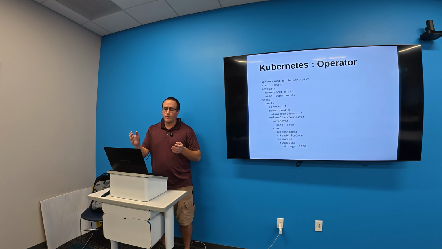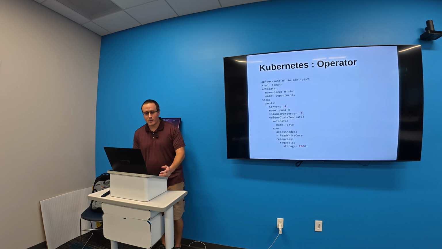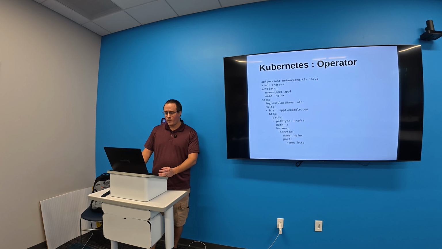Here they defined this thing they call a tenant. A tenant would be for some department or a company, where we say, hey, we want them to have a whole bunch of storage. They have this much space, this many things. There's all kinds of stuff you can do with these. One of the built-in ones that doesn't actually do anything if you create it in a default cluster is an ingress. An ingress would be a way of configuring a load balancer to route traffic to your service,